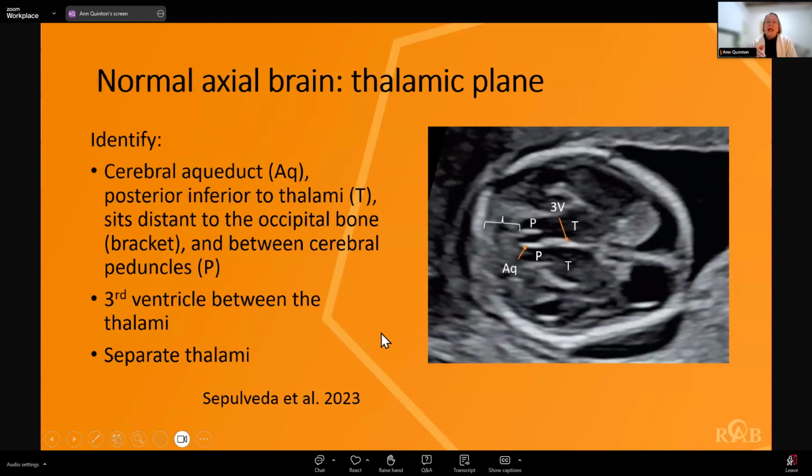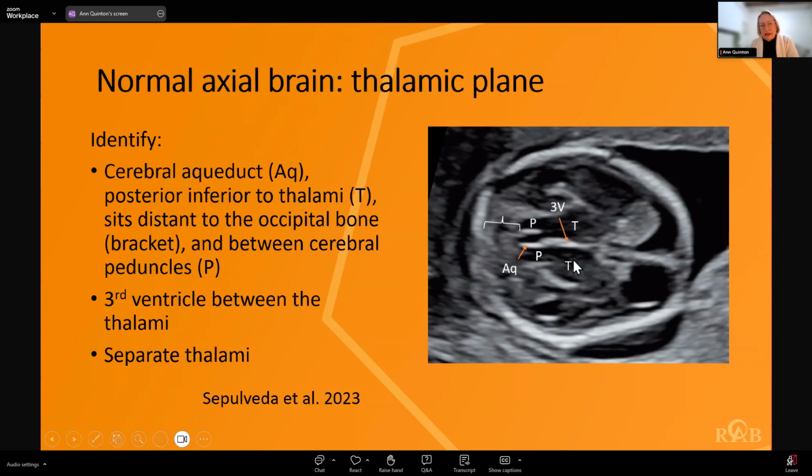Now, scanning inferiorly to that plane again, we get to the plane of the thalamus. In this plane, we can again see the echogenic cranium or skull. We can see a few more suture lines here. There's the coronal suture and the lambdoid suture posteriorly. You can still see a little bit of choroid plexus there anteriorly, the interhemispheric fissure, and we can see the